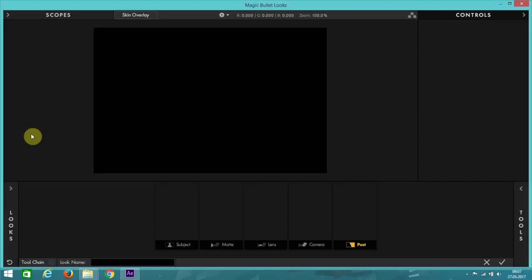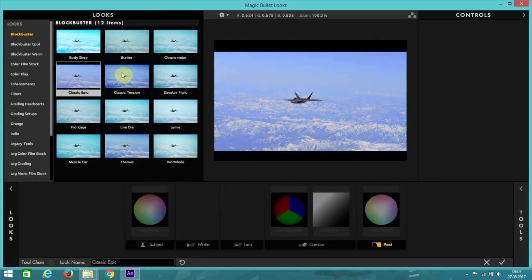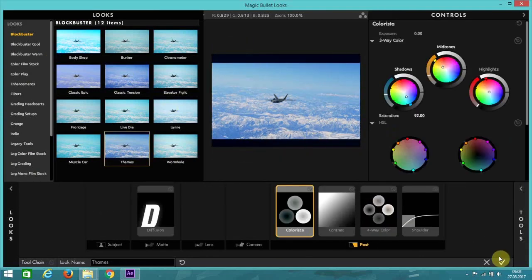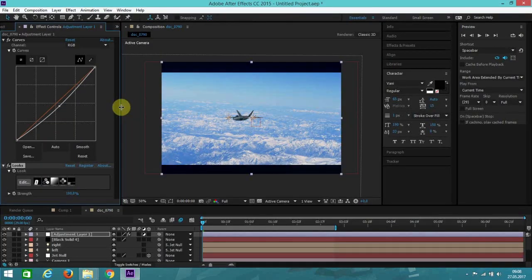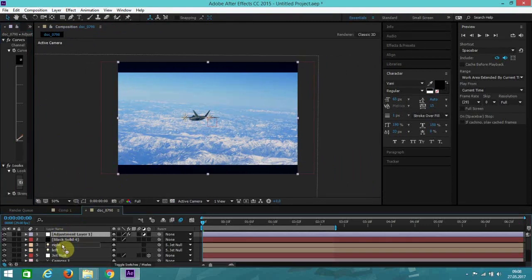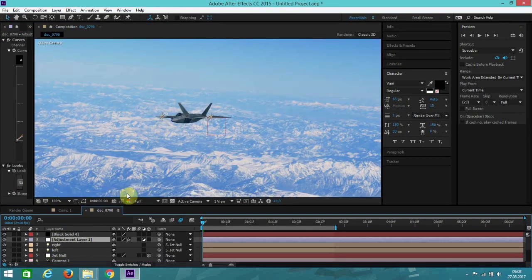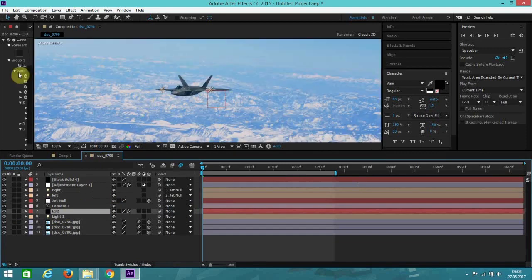Come on. Maybe that one. Yeah, just pops the colors up a little bit, and bring it below the black bars, and maybe go to Element 3D and just play around with